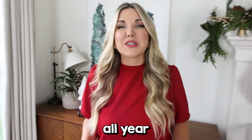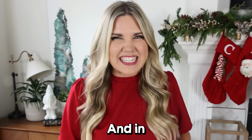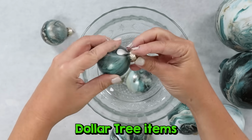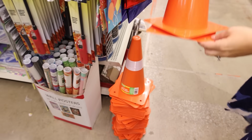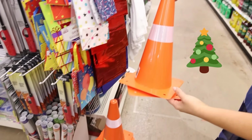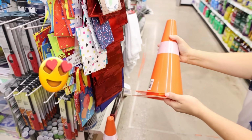I've been waiting all year to make Christmas DIYs again, and in today's video, I'm gonna show you how to take Dollar Tree items and make amazing Christmas decor. I was walking through Dollar Tree and I spotted these cones in the toys section. I don't know about you, but they look like trees to me, so we're gonna be creating a tree DIY